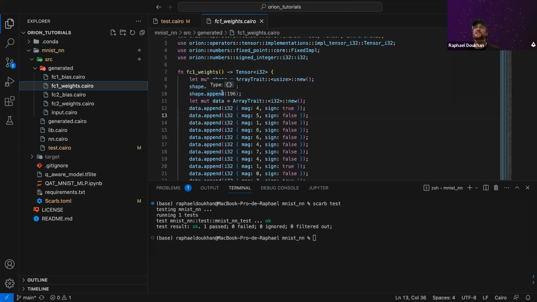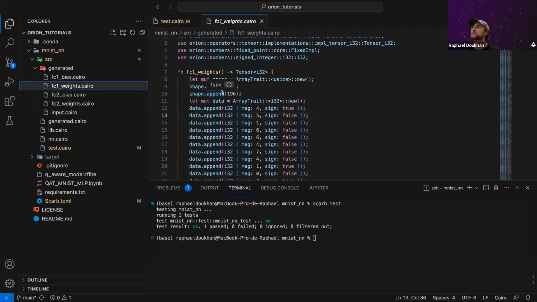That's a good question. So for the moment, we are focused on the inference, and something that I didn't mention is that with that we can do both. We can do verifiable machine learning off chain, but also AI on chain, because it's Cairo. You can encapsulate it in a smart contract and deploy it on chain. So we are focused for the moment on the inference more than the training.